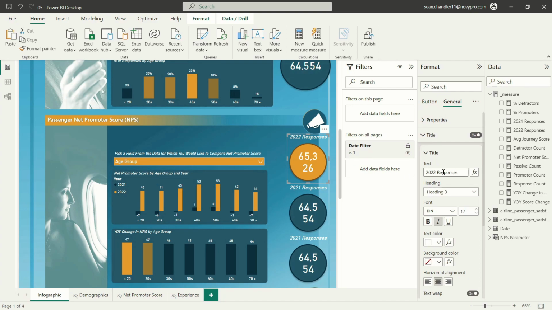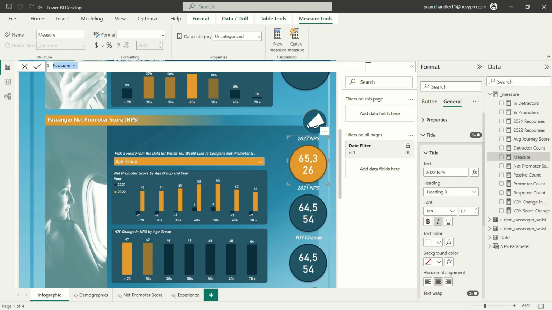For this first KPI, I'm going to need to know what the 2022 NPS is, followed by 2021 NPS, then followed by year-over-year change. And I'm just going to move these down just a little bit so that they're all stacked on top of each other. So let's go ahead and create a new measure here for